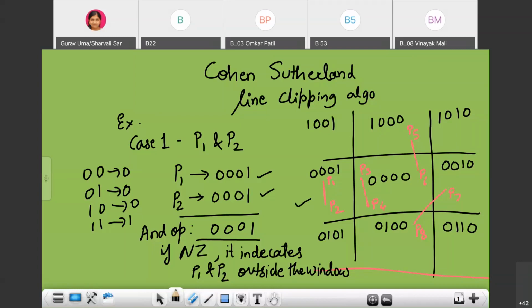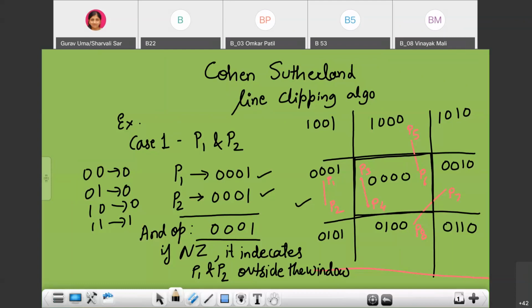The window is only the middle block, where the code is 0000. So if the answer is 0000, then we say that the line is inside the window, that means the line is visible. Here in this case, the result is non-zero, so it indicates P1 and P2 are outside the window.